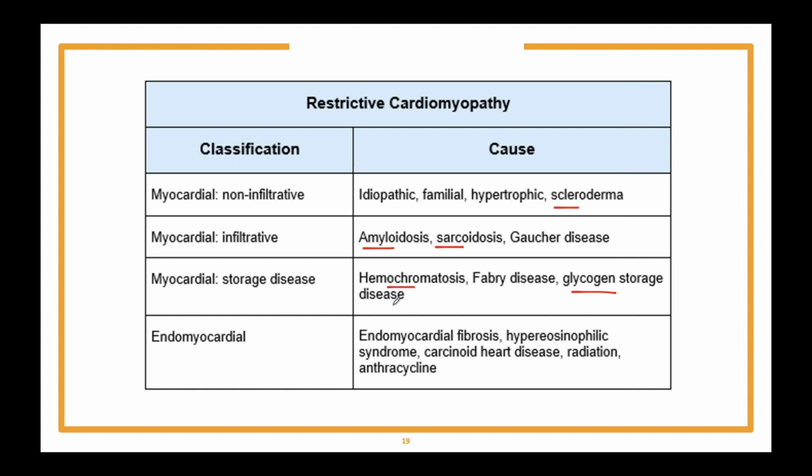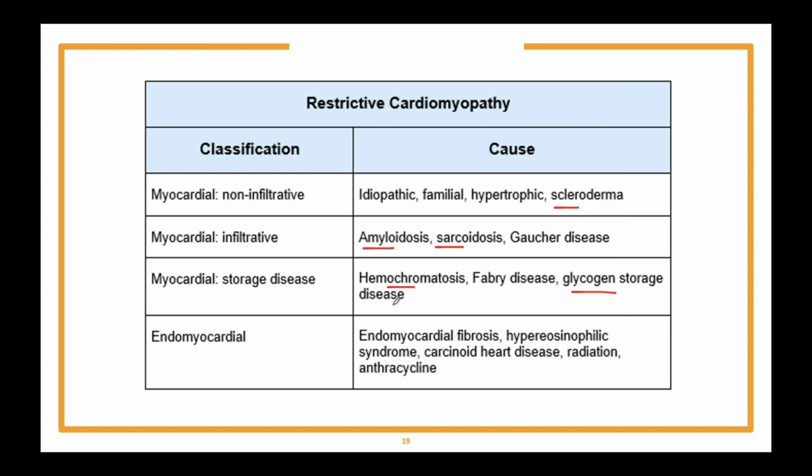So we really should be thinking about secondary amyloidosis. Cardiac amyloidosis is, I believe, the most common form of restrictive cardiomyopathy in the United States, and it can occur specifically in those patients with a chronic inflammatory disease, such as rheumatoid arthritis. And the reason is because you get that SAA, or serum amyloid A protein, that gets deposited and is elevated in states of chronic inflammation like rheumatoid arthritis and other states as well.